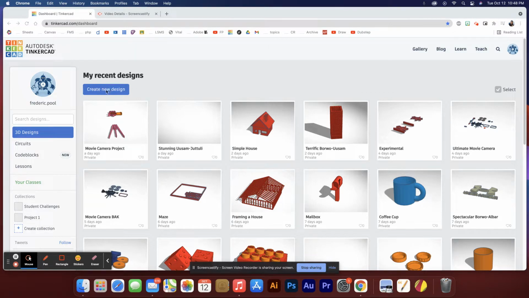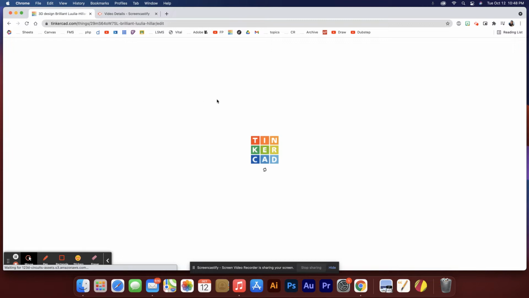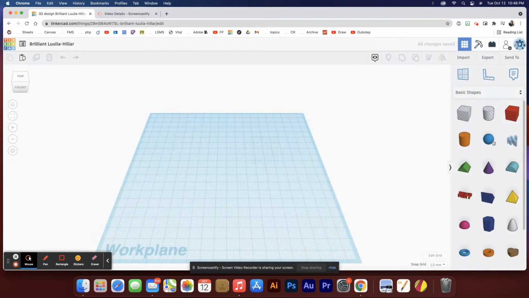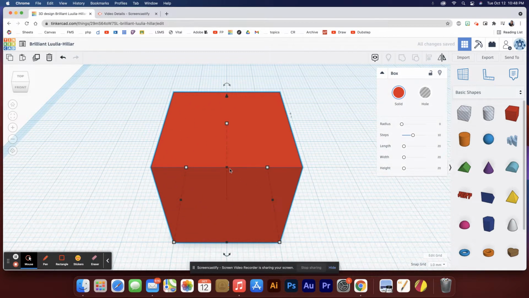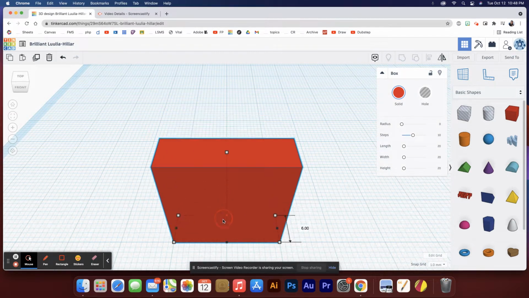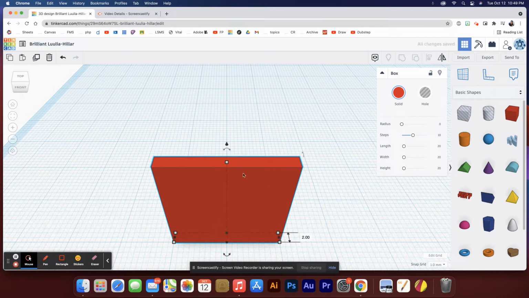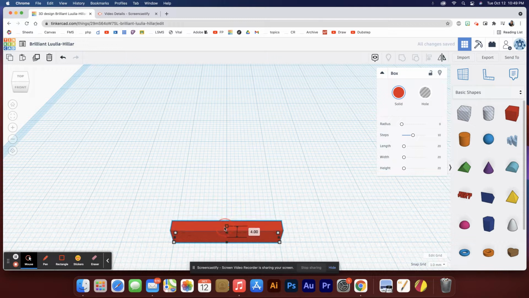Okay, let's make a new Tinkercad design. Let that load. This was just kind of a wild idea I had not too long ago of framing a house. And I'm going to make, let's say it's 2x6s or something. Is that right? No, because that would be